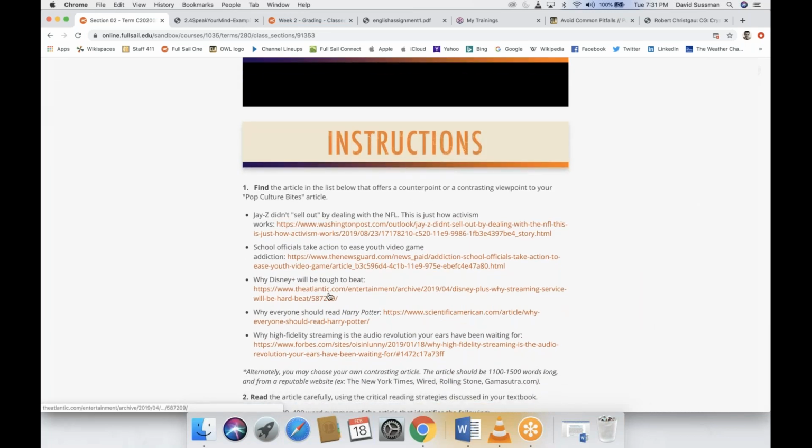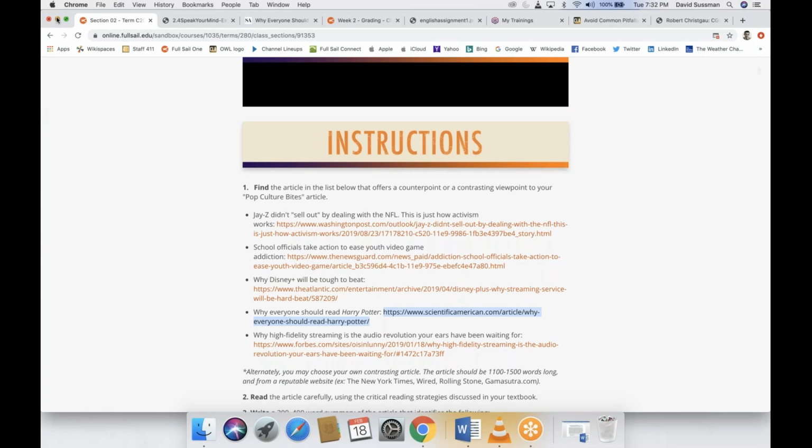Disney Plus. Well, it's published by The Atlantic. The Atlantic isn't owned by Disney, is it? I thought The Atlantic was a pretty independent magazine. The Atlantic, the New Yorker. Although corporate ownership gets so complicated that I have no idea anymore. But let me choose one of these articles at random. Okay. Here I'll choose the Harry Potter one because what I want to show is how to quote, because it says in the instructions you should be quoting at least once or paraphrasing, and so I'm going to show how to do this.